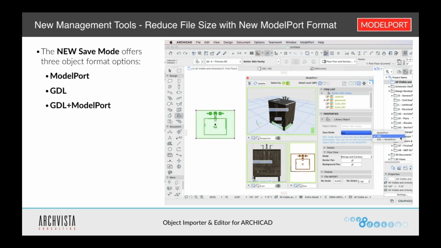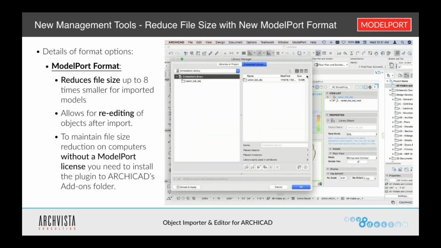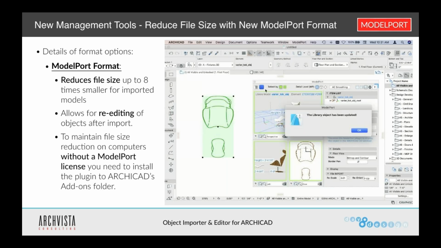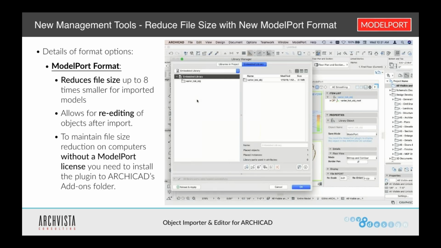Now, the reason why the ModelPort format is important is that we've been able to reduce the file size of these objects by up to 8 times. So you'll see right now that object is 13 megabytes. If I change this to the ModelPort format and I update that object, and I go back up to my menu and take a look at this in the Library Manager, we're going to see that it reduced from 13 megabytes down to 2.1 megabytes. That is a huge reduction in the size of that object. So that's critical. If you think about the fact that you're potentially importing dozens, maybe hundreds of objects into your project, and if those objects are 10, 20 megabytes, and all of a sudden you can reduce them to up to 8 times smaller,